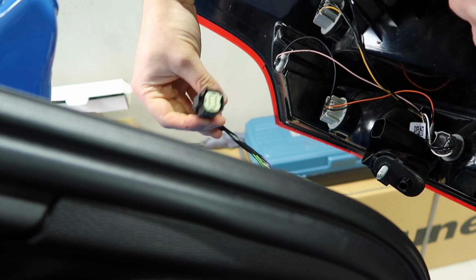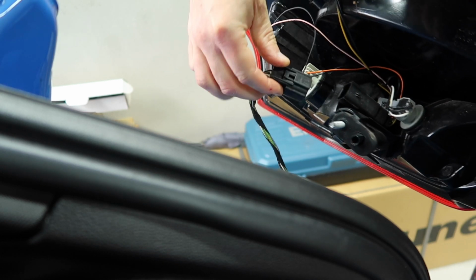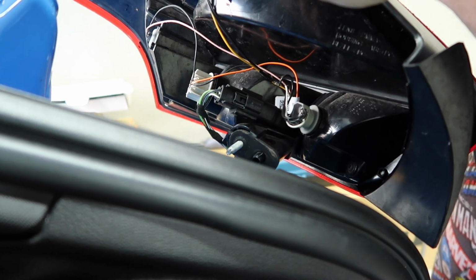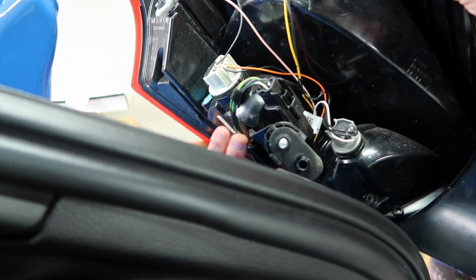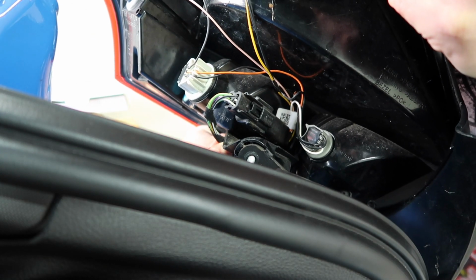Reinstallation, very simple. We get our wiring harness with that little pushy tab that we pushed at the start, and we line that up, and you hear that little click, it just clicks right into place, so you know it's good. So there is like a little tab here thing where you can slide this wire into and it keeps it